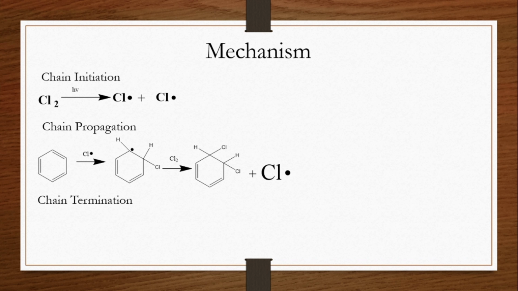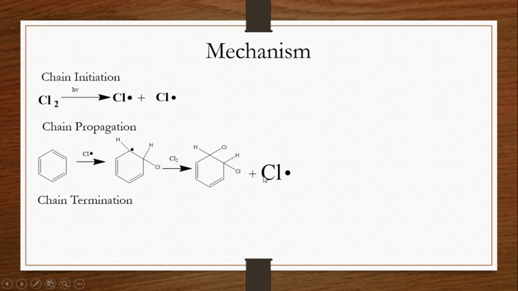The pi system, you can see the pi system here. This pi system is gone and the chlorine molecule is added, and this free radical's extra electron is transferred to one of the carbons. When this free radical acts on the chlorine molecule, it results in the formation of a chlorine free radical and a disubstituted chlorine molecule, and again this pi system and this pi system will